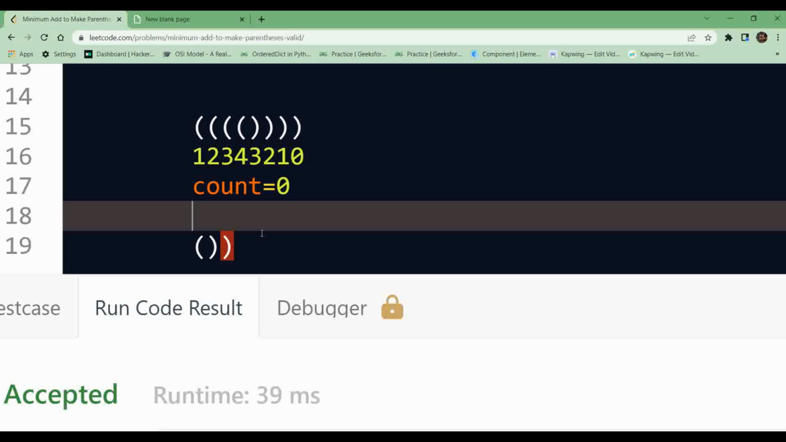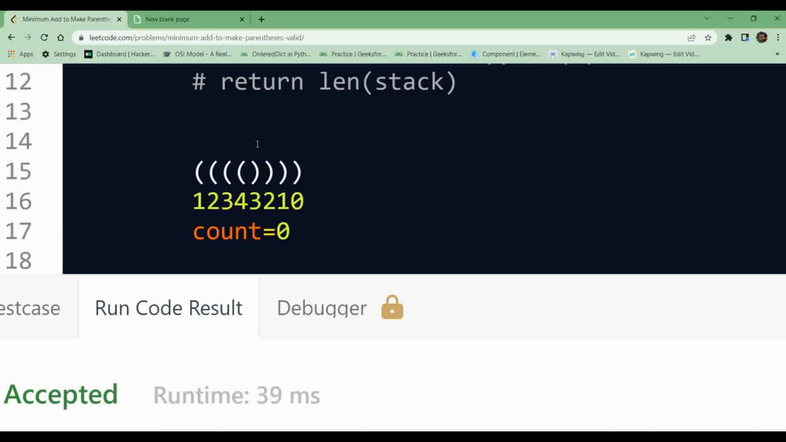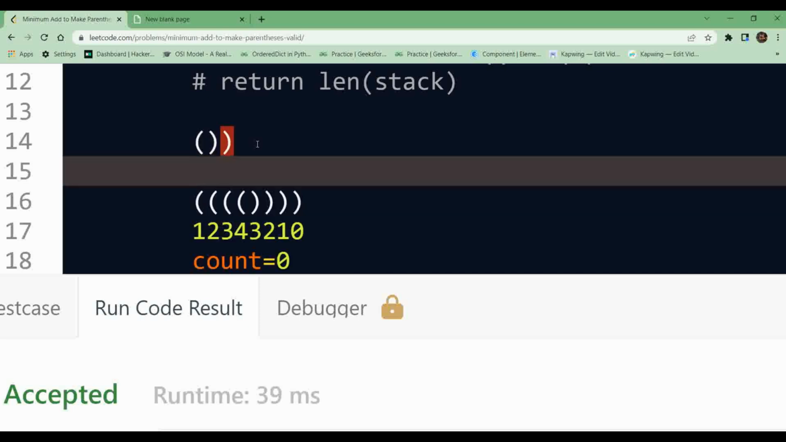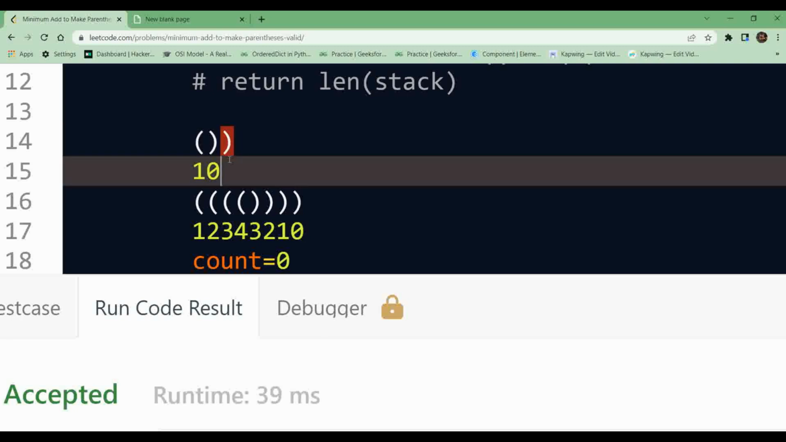If we have this case, the count variable is 1, now 2, 1, now 0. Now, as we got a negative value, we can say that we do not have enough opening braces. Why has it become negative? Because there are not enough opening braces to balance my closing braces. That's why it becomes negative. If it becomes negative,